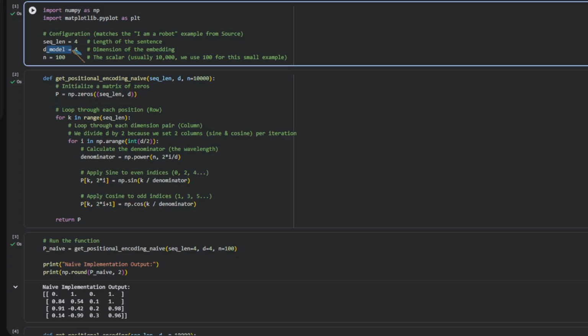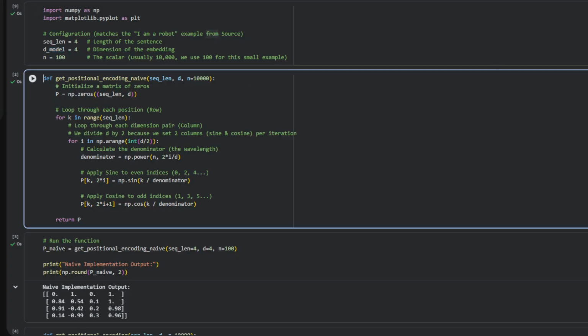The n is like the scalar. It is usually 10,000, but we will use 100 for this small example. It is like the wavelength frequency. Okay, so we run this block of code, and now we will start with the naive or the for loop